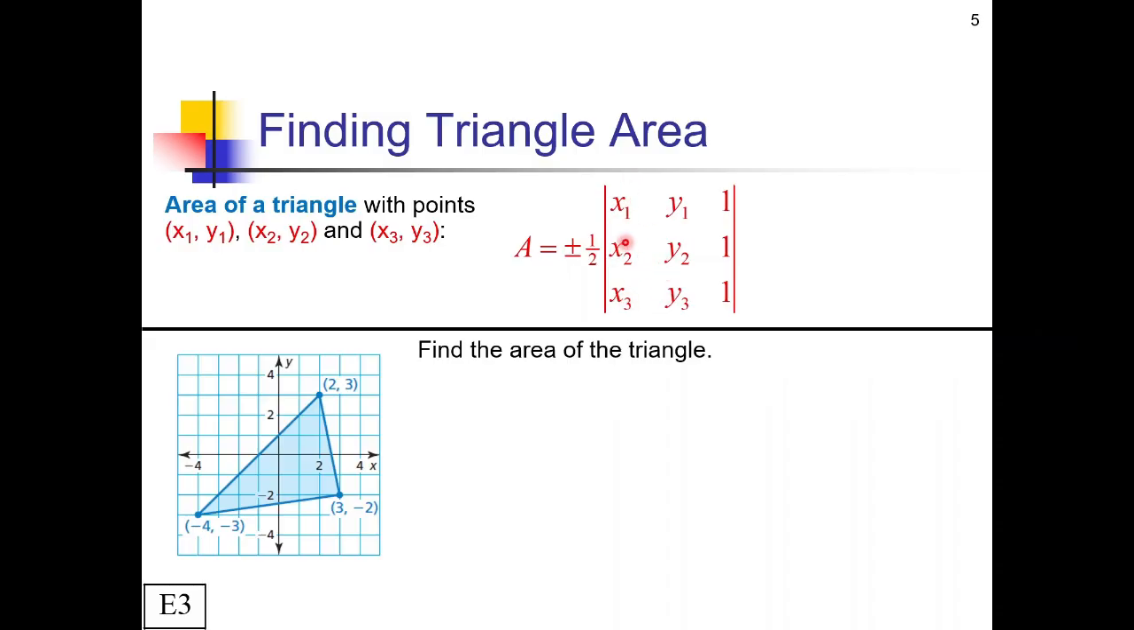All the x's are in the first column, all the y's are in the second column, and in this last column, there's just ones, and those are always going to be there no matter what. Those are kind of part of the formula. So you basically just have to plug these points into this matrix, find the determinant, take half of that, and